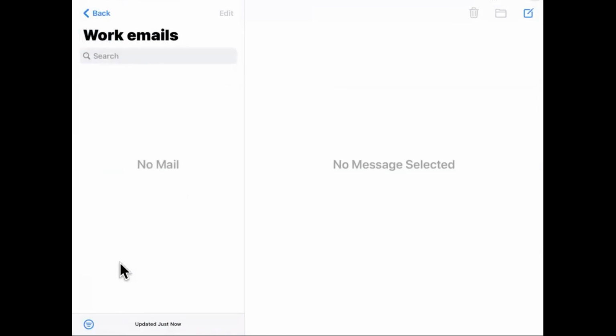I do this mostly just to keep track of things like receipts that I might receive through my email. But you can leave it as is. You don't need to use folders. But if you're someone who likes to keep things really neat and organized, it's a good way to do it by creating those individual